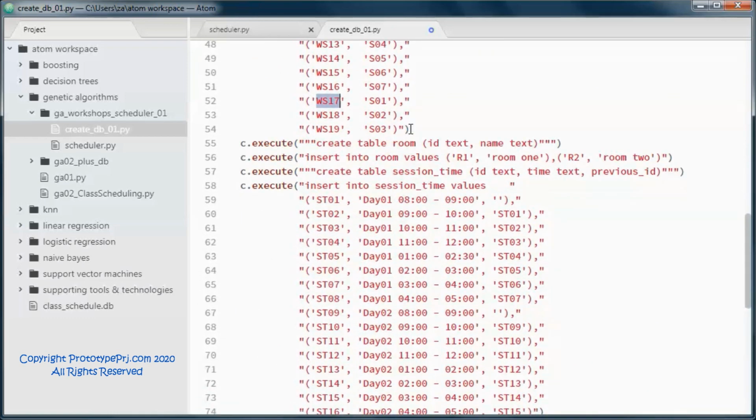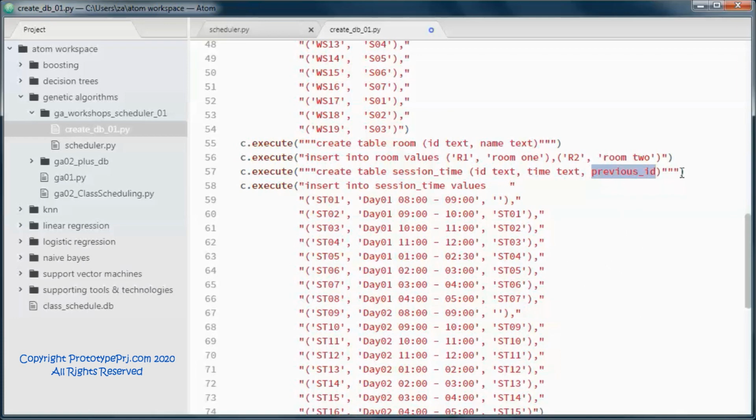And we will have a room table with an ID and a name. So we'll have 2 rooms in this case, and we will have an available session times table with an ID and a time and a previous ID, which will be used to handle the speaker in consecutive sessions conflict type.